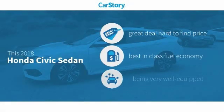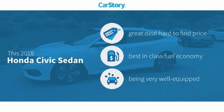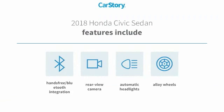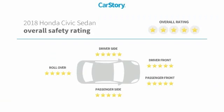Car Story research indicates this vehicle as being a great deal that is hard to find at this price. Fuel efficient and loaded with features. Features also include alloy wheels, rear view camera, hands-free Bluetooth integration. With these ratings,